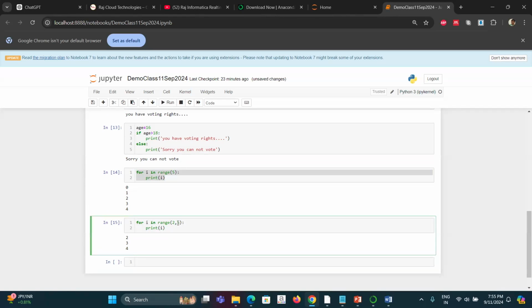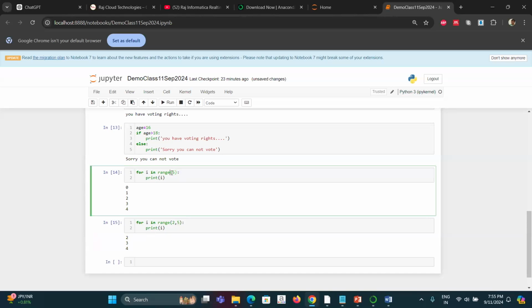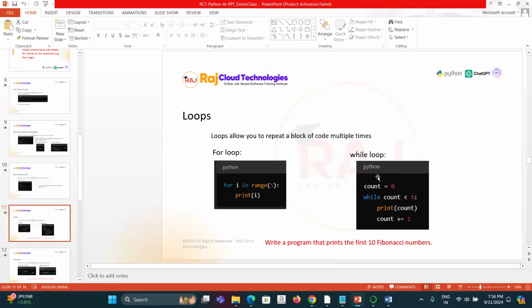The last number is not printed because in Python, it is zero-indexed. So for example, if it is 5, it starts with 0 and goes all the way up to one number less than that number, this is counting as 1 2 3 4 5, right? That is why it has created like that. In this case, 5 minus 2 is 3 numbers that will be printed, 2 3 4. So there are 3 numbers that it has printed. That is how you can use the for loop. Similarly, you can use a while loop.